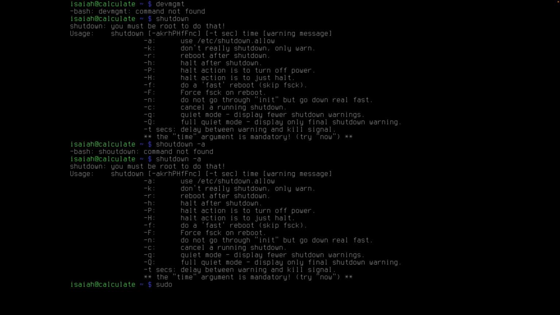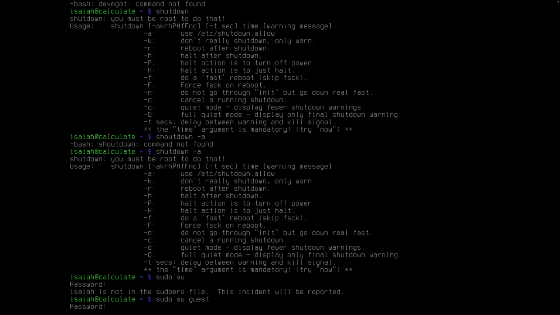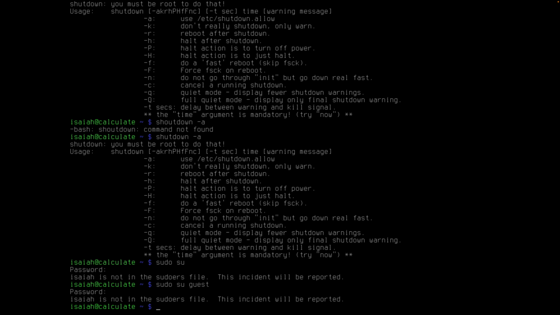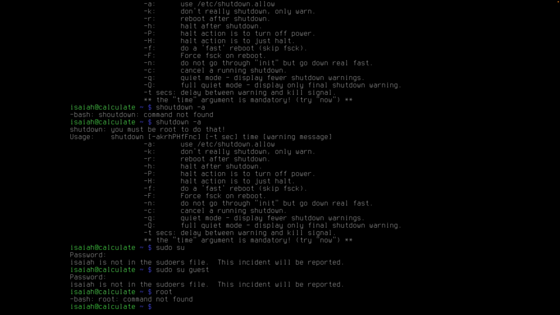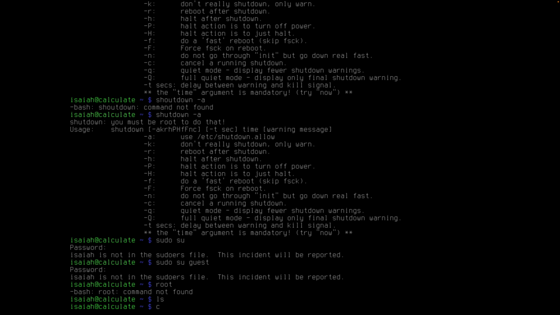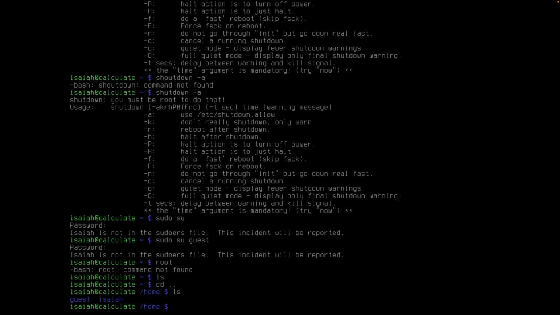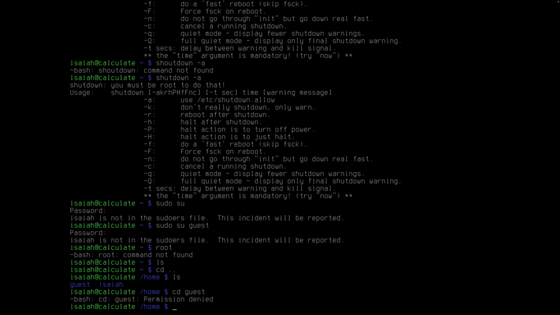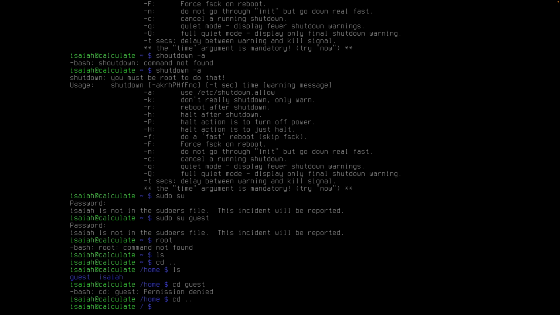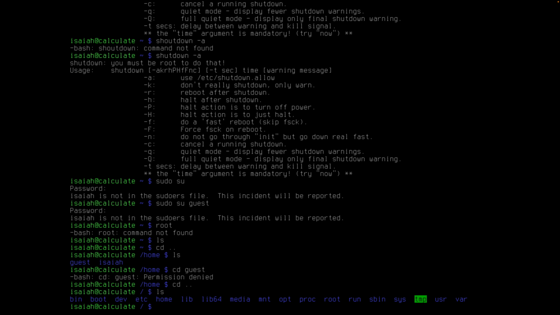Can I sudo su? Because I'm not in the sudoers file. Sudo su guest. So also no root. But it's very weird that I ls and there's nothing. Cd dot dot. Permission denied. Can I go beyond that? ls. Okay, now